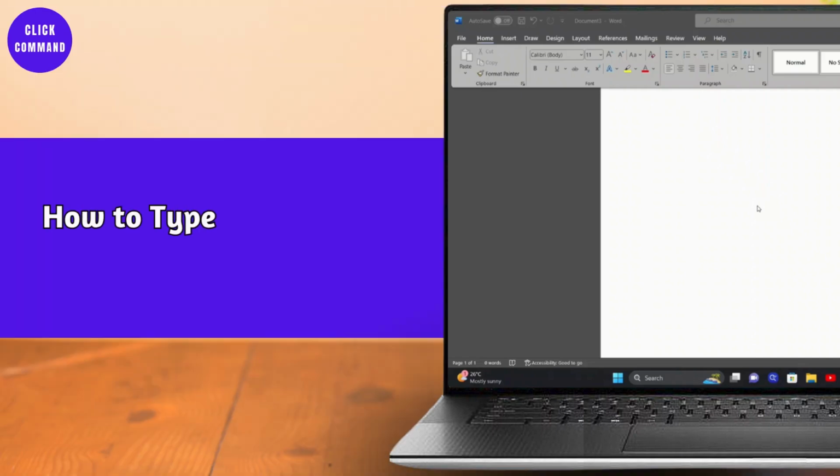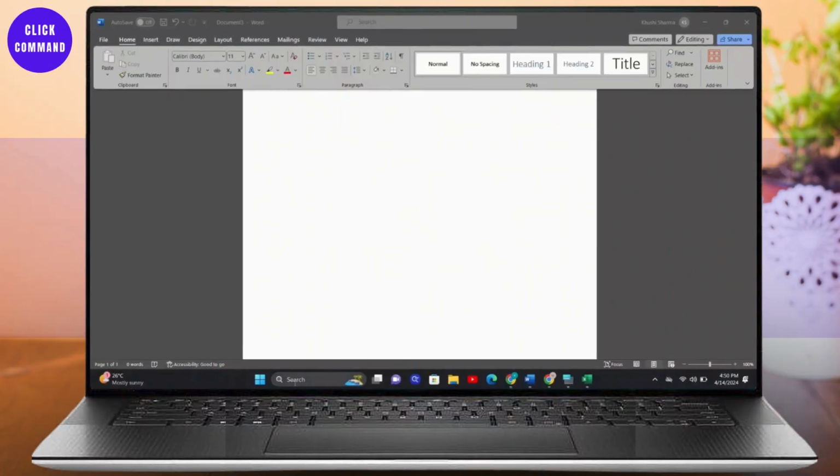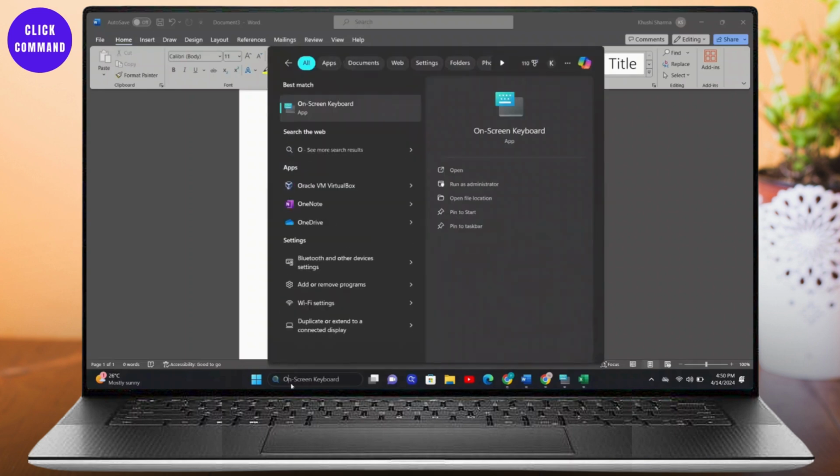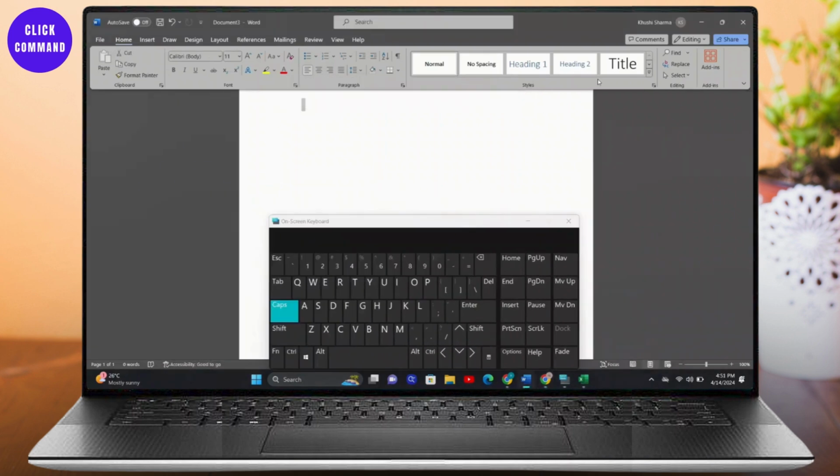How to type backward slash or forward slash using your keyboard. So I will just simply give you a tutorial, showing my own keyboard here. So what you can do is, how you can use the backward slash is, there is simply an option for